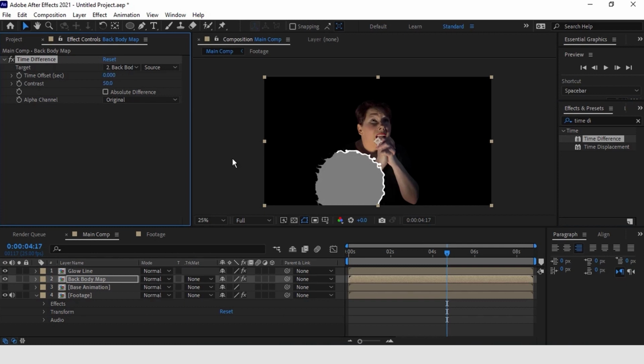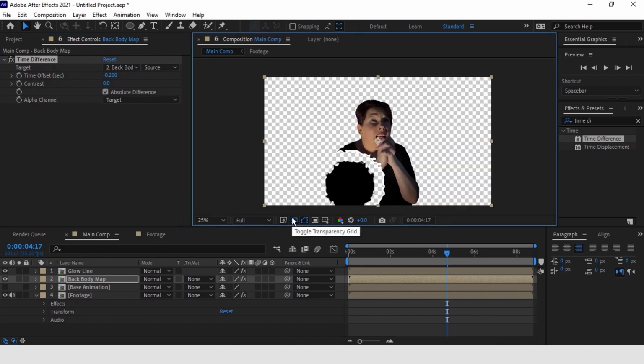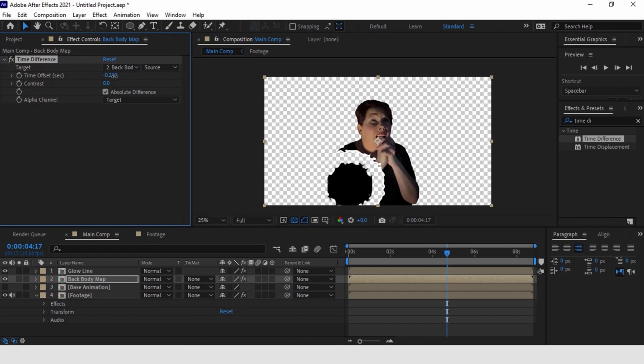Take the time offset value to minus 0.150 and contrast to 0. Change the alpha channel to target and turn on absolute difference. Basically what we are going to do is delay the animation of this layer so we can see the back side of the body.